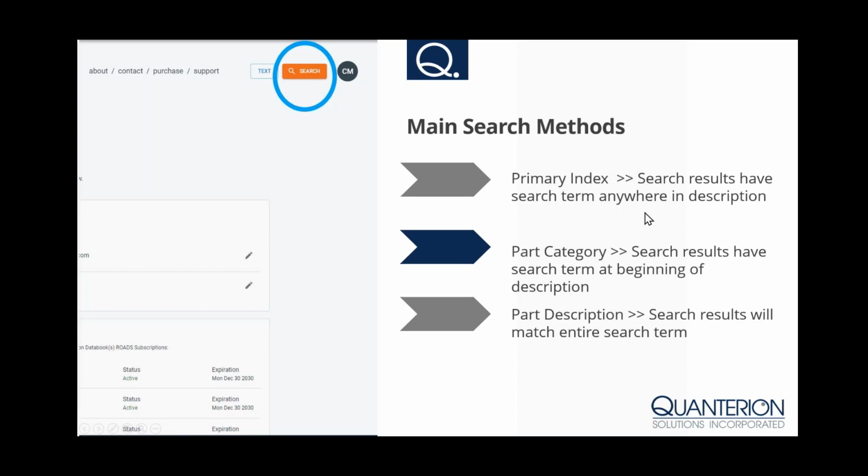anywhere in the description. Okay, so the word that you're searching on is more important than the description. And so you're going to get all results that have that word at the beginning, in the middle, at the end. Doesn't matter. If you use a primary index, you're going to get every result that has that word